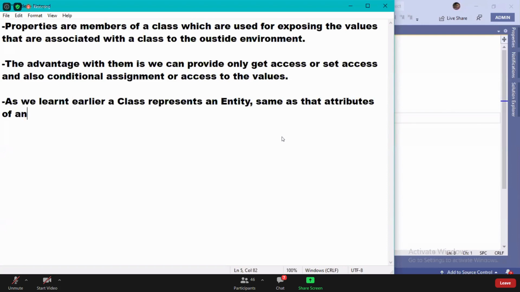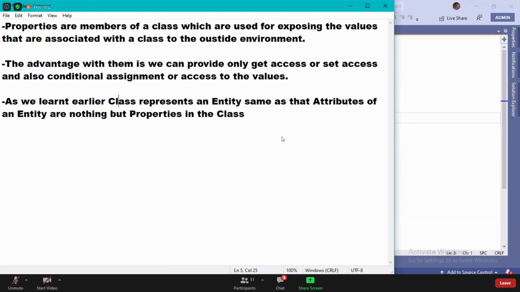Attributes of an entity are nothing but properties in the class. Guys, understood this? As we learned earlier, a class represents an entity.